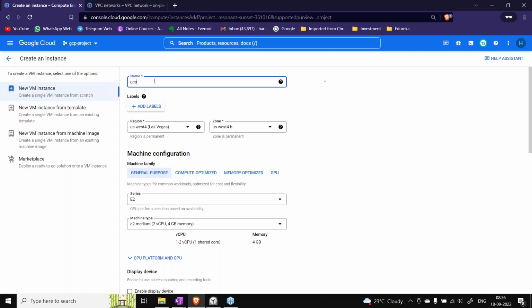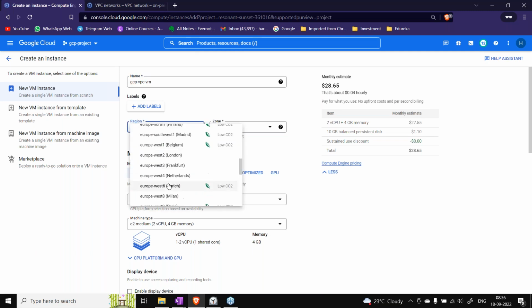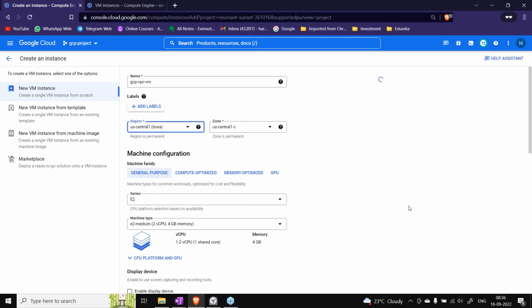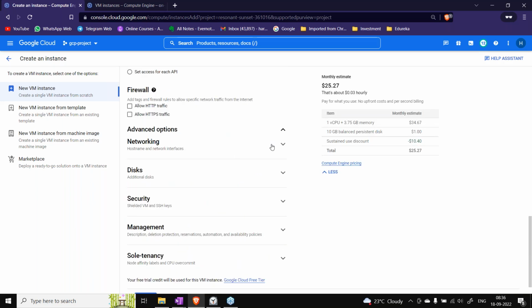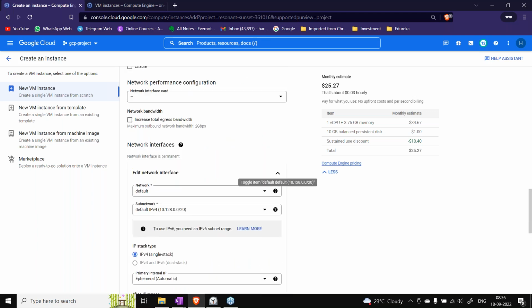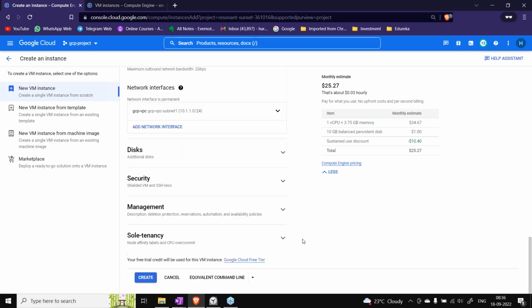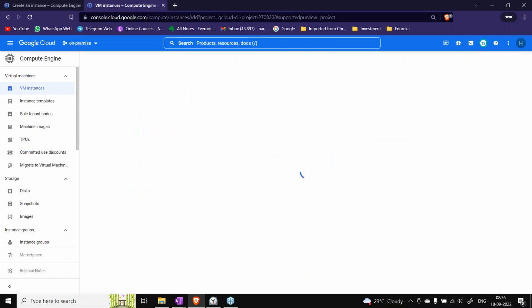Let's call it GCP VPC VM, and we'll create it in one of the subnets which we have. We have US Central 1. Networking, not the default we want, but our VPC. We don't want an external IP address. Create. Here also on-premise, I am setting up one machine.